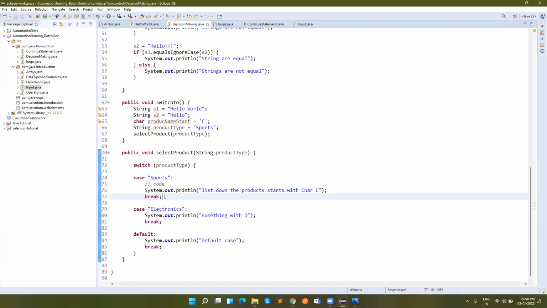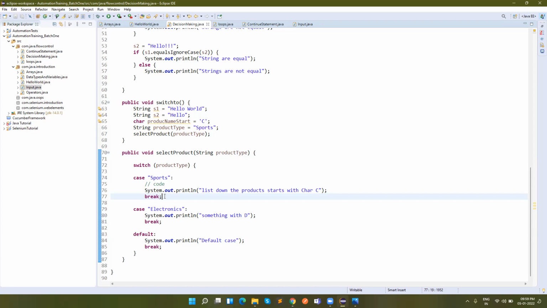Correct. So whatever Udita has said is right: if the condition is matched, just execute that part and break. So using break to exit, I think Archita has said that, right? So whenever you use a switch statement, make sure that for each case you write the break.